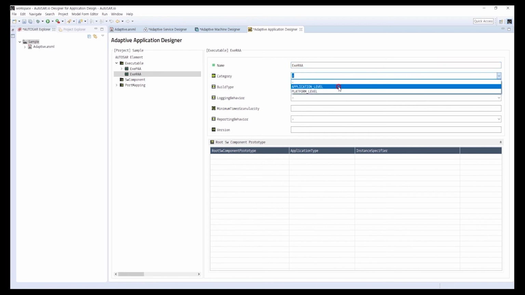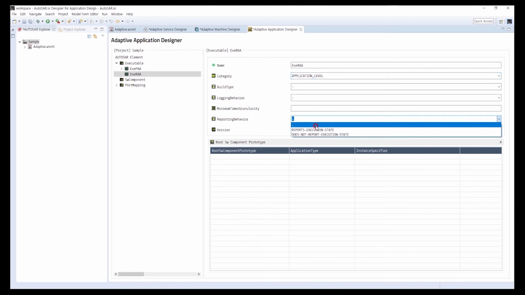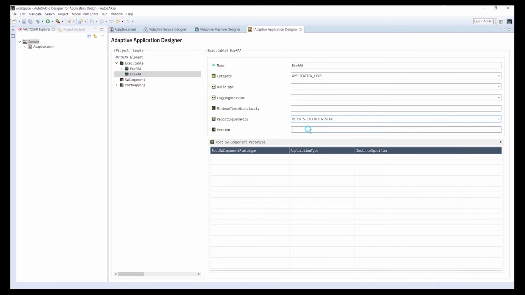Select application level and category, and reports execution state and reporting behavior. The version is 1.0.0.001. I will configure root software component prototype for next. For application type, select composition RAA, which is created in System Design,